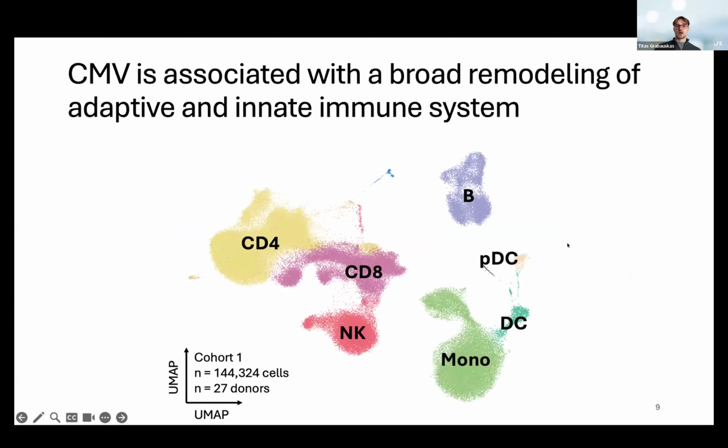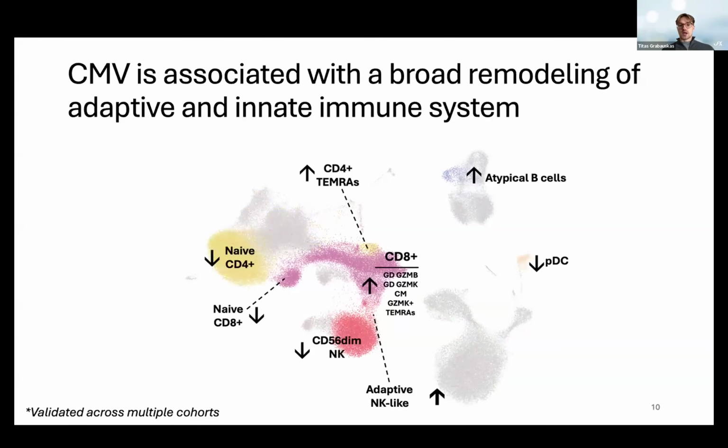To show you single cell data from cohort 1, which included 145,000 cells and 27 donors, here you can see the major PBMC lineages that I've labeled. I've spent a lot of time looking closely into each one of these lineages and understanding if there are any frequency alterations between CMV positive and CMV negative donors. And just to show you a summary of that analysis,